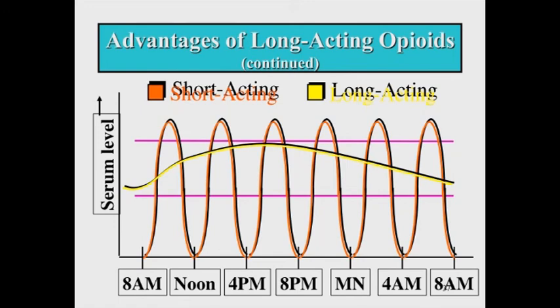So I use buprenorphine to detox them, and as soon as I give them the buprenorphine, they get this nice long-acting effect, and their headaches go away, and they want to be on this drug. They don't want to come off. In fact, I've often said, I'll call your doctor, and they can just take OxyContin, you'll be fine. They're like, no. They have relief. So for many of these headache patients that I'm detoxing, I end up prescribing buprenorphine long-term for their pain with